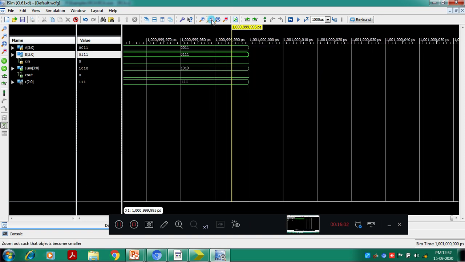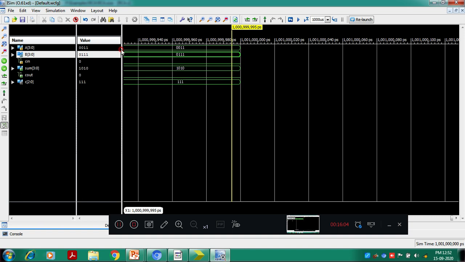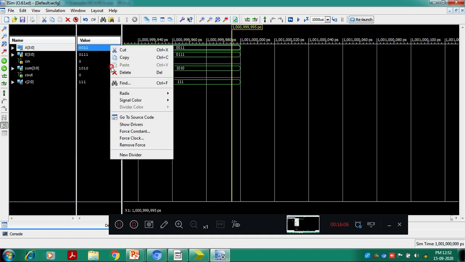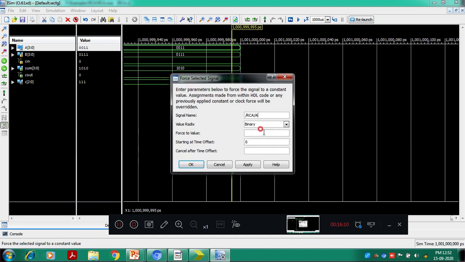One more set of values we can assign and verify. Force constant, say all 1. Thousand microseconds. Apply. For B, let us say the value is 1.